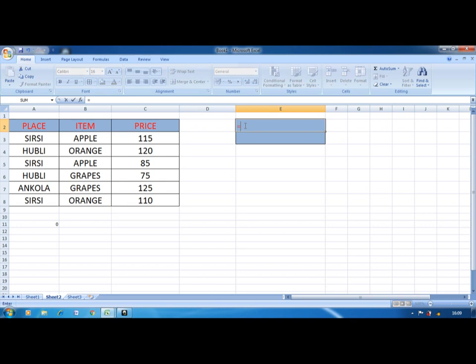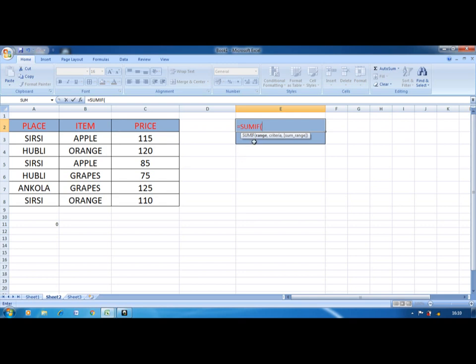First, I will take sum if. Sum function is normally used to find the sum of numbers. So it is not possible to find the sum of the place. We can't add Sirsi plus Hubli plus Sirsi or apple plus orange plus apple. So sum function is used only to find the sum of the numbers.